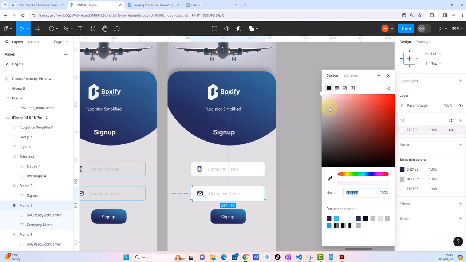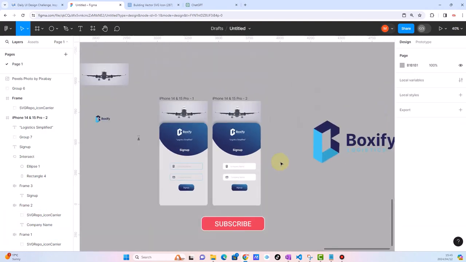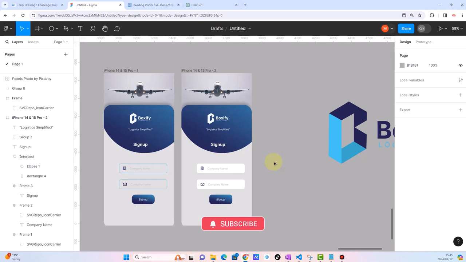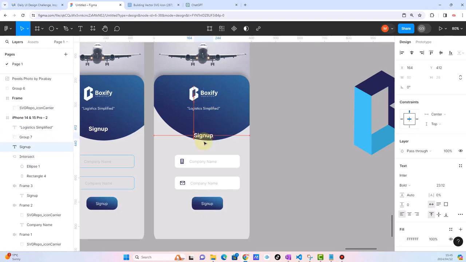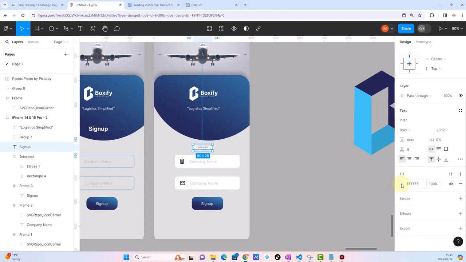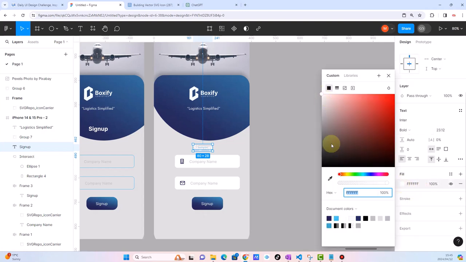Okay, this is fine. What else? Sign up. Okay, another thing, excuse me, in terms of information grouping, this is the poor way of doing it. Why? This sign up is part of this container and it feels like it's Boxify logistics simplified sign up. So if we can take it down here, I think this forms part of,